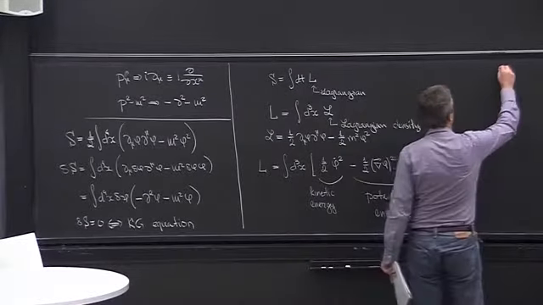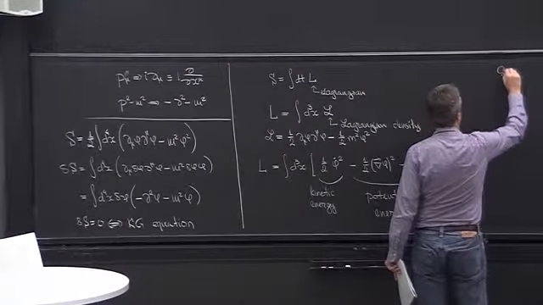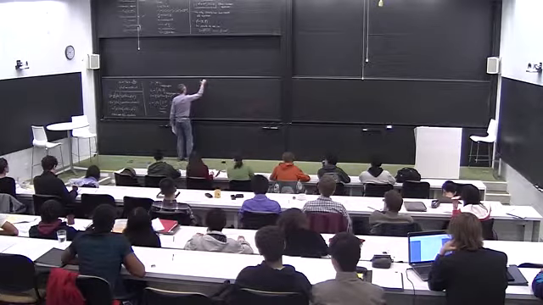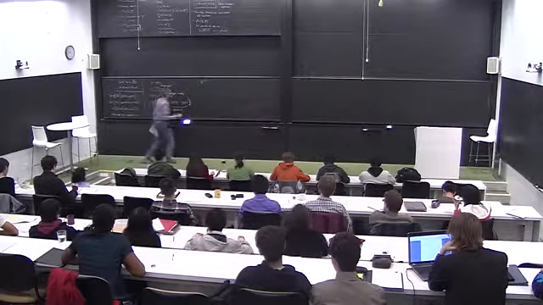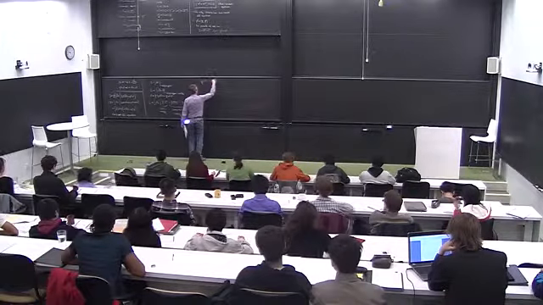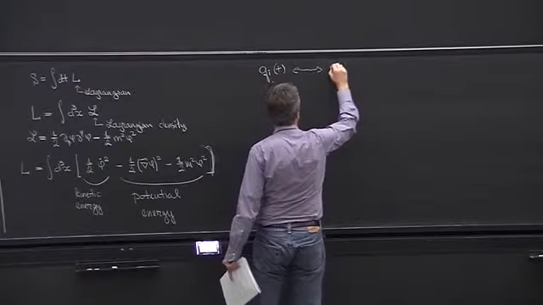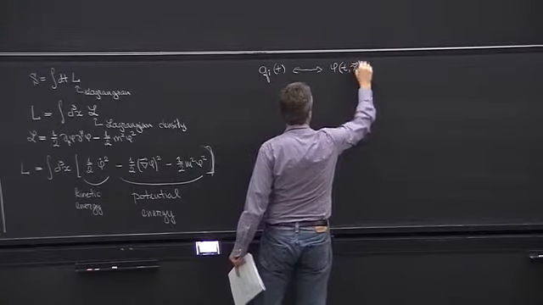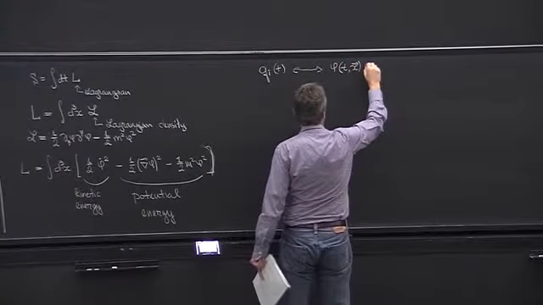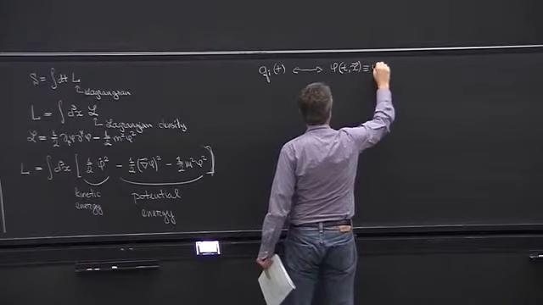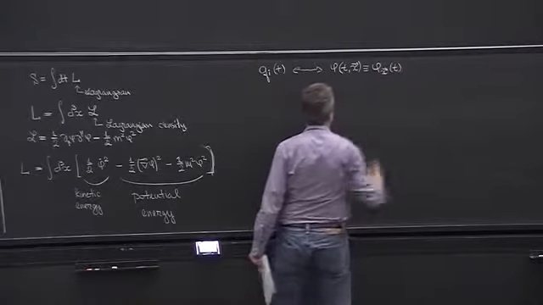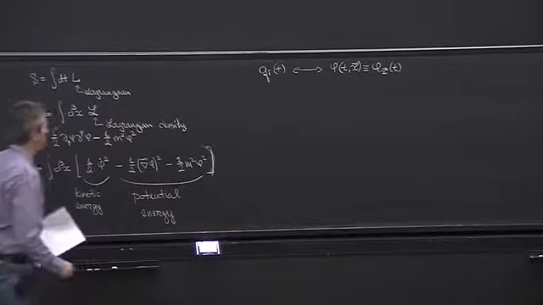So if in classical mechanics we would have some coordinates q_i of t, here we have phi of t and x,